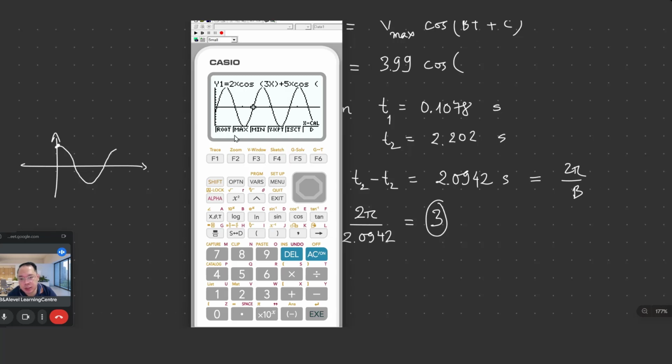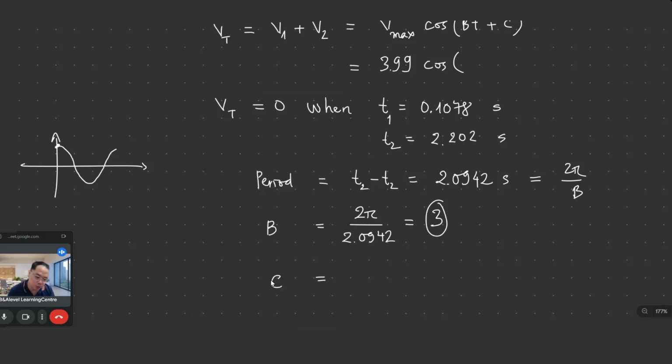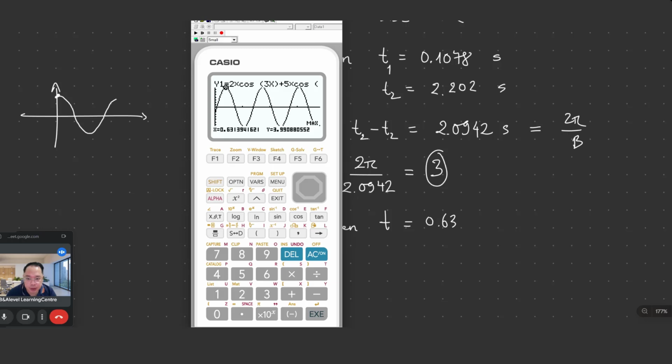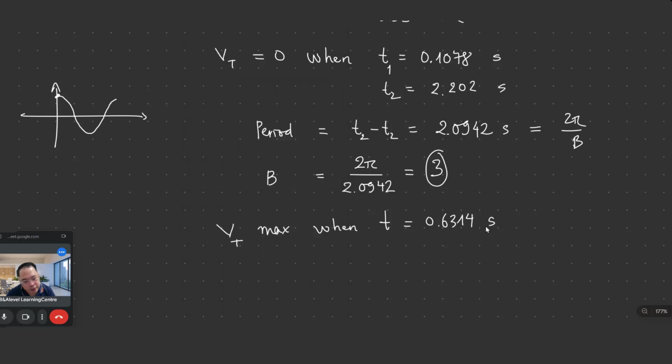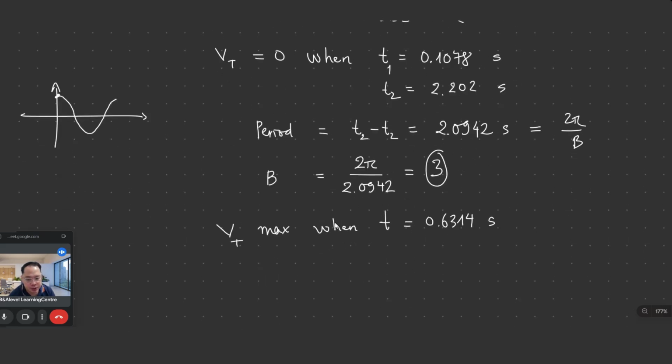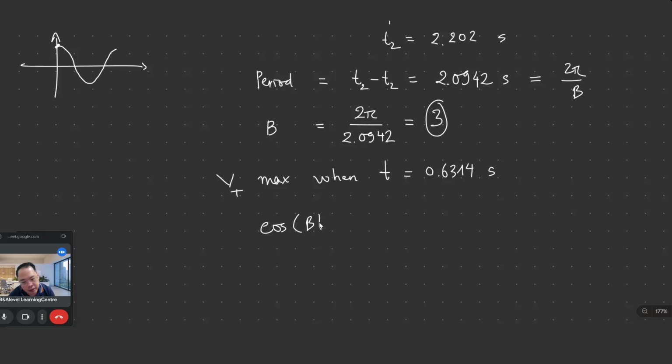Now go to the solve function and find the maximum. There, the first maximum is when the time t is 0.6314. Okay, to find c, the voltage is maximum when the time is 0.6314 second. Substitute into this equation. The voltage is maximum when the cosine of bt minus c is maximum, which is 1, when the time there is